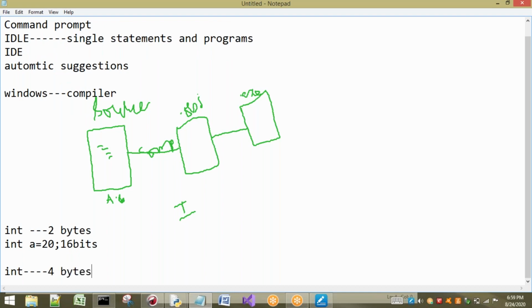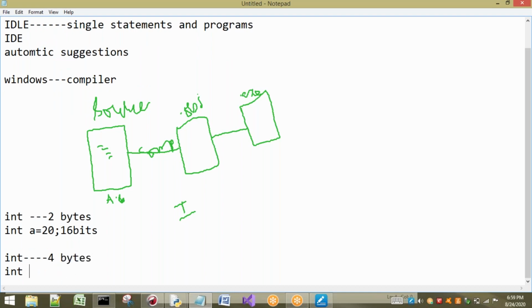The size of int is 4 bytes in that. So I write int a equal to 20, the same thing, but here the allocation is different, for example 32 bits. Here the size of our integer is 32 bits, and there it is only 16 bits.